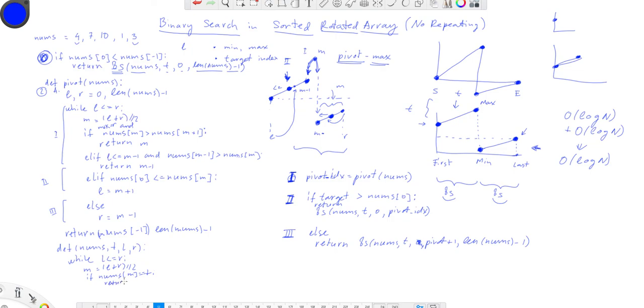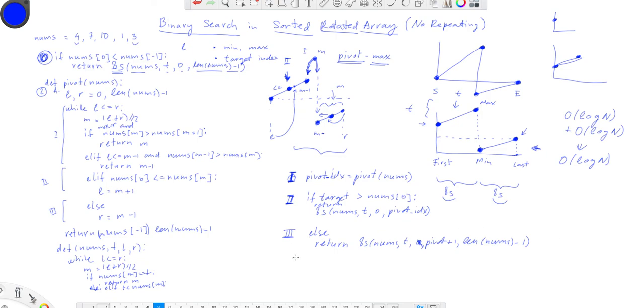We return M, else if target is less than nums M, then we